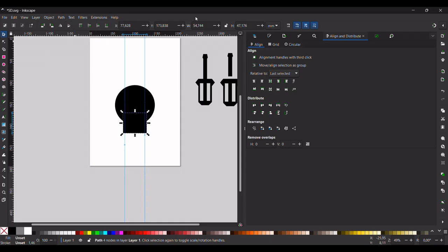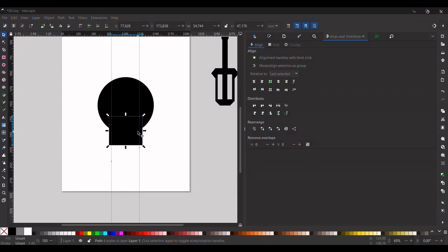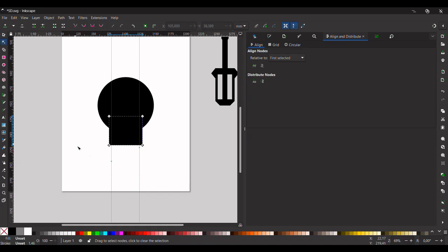And now what I want you to do is to select the square and the circle, go to Path and Object to Path. Then I want you to select the square,